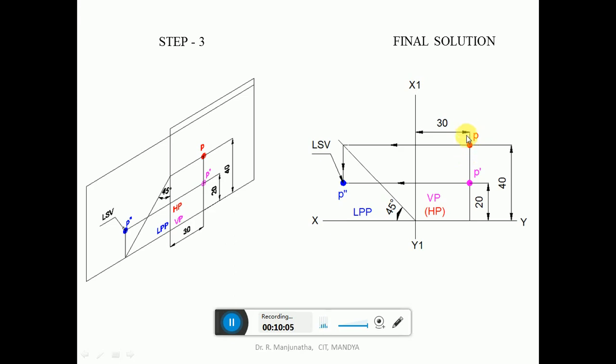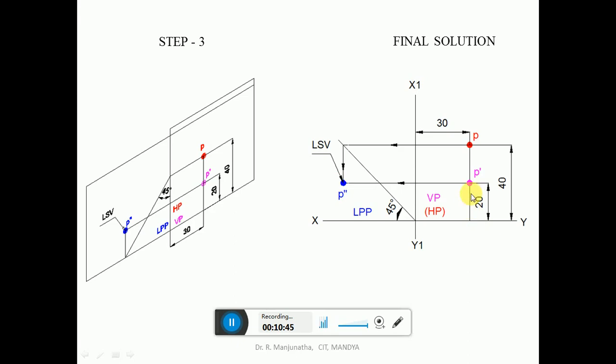Then draw a vertical projector, which should be a thin line. Then for the distance above HP, from the XY line you measure a distance of 20 mm and mark that point, which is going to be P dash. Then the distance behind VP, which is 40 mm, you mark that point, which is P here. Then in the profile view we can see the distances of both the front view and the top view. So draw a horizontal projector from the front view to the profile view, where the profile view point will be in line with the front view. So we have got this point, which is above HP by 20 mm.